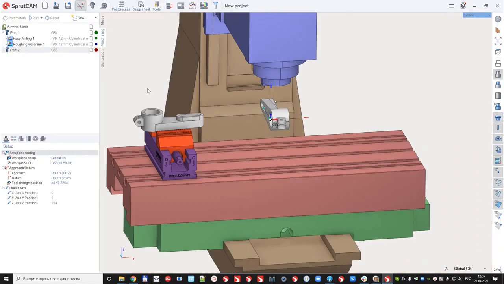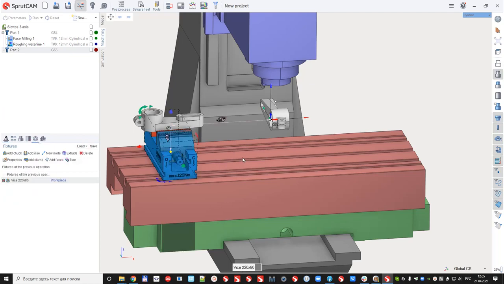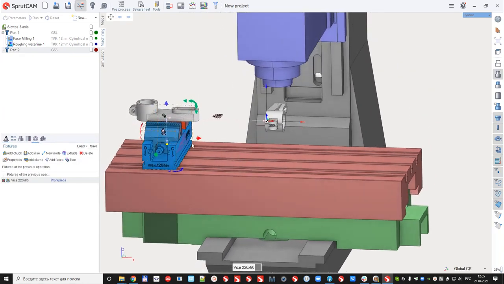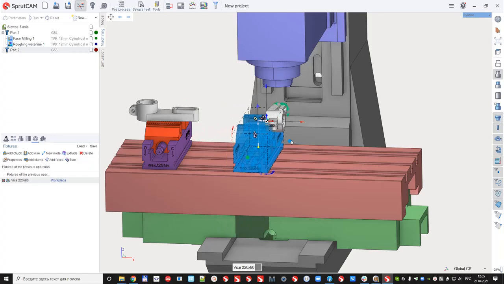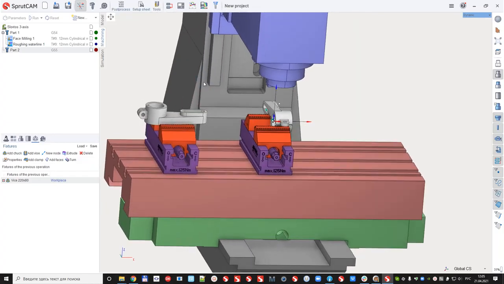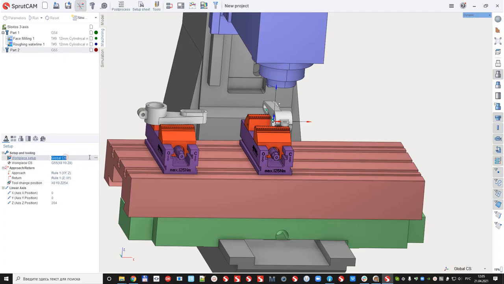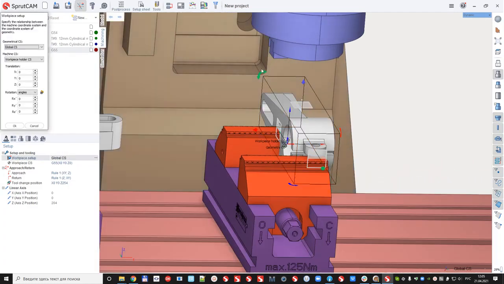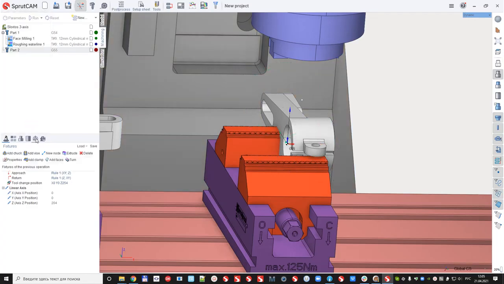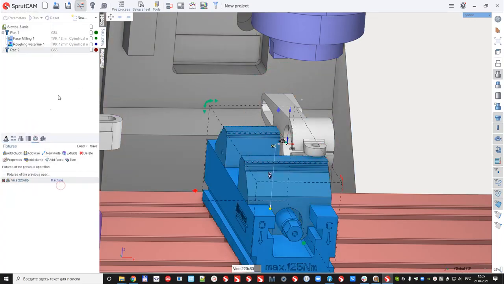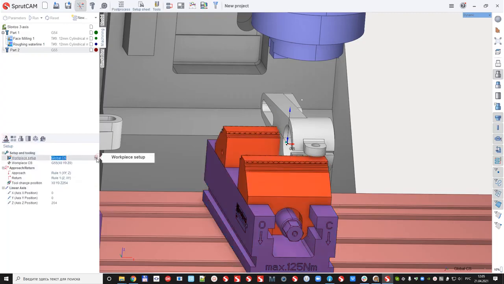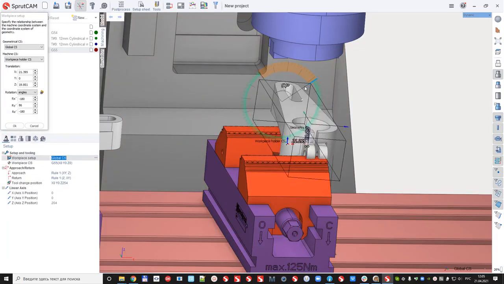Create new part, and again create new, load the same devices. Move it and rotate another side, machine another. Okay, again the same. Set machine and another side of my